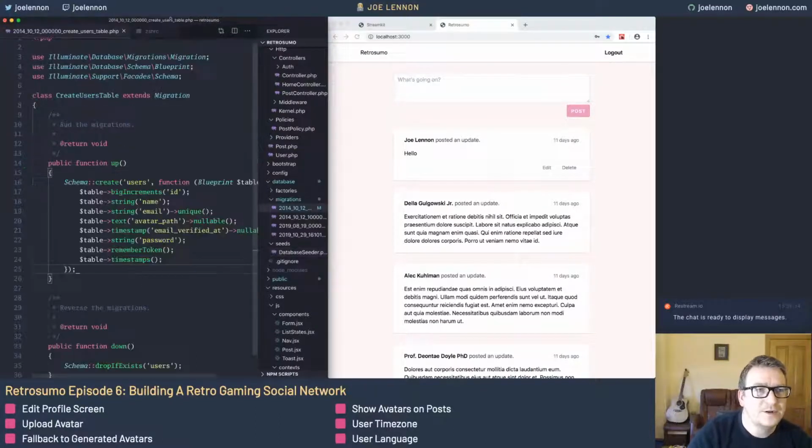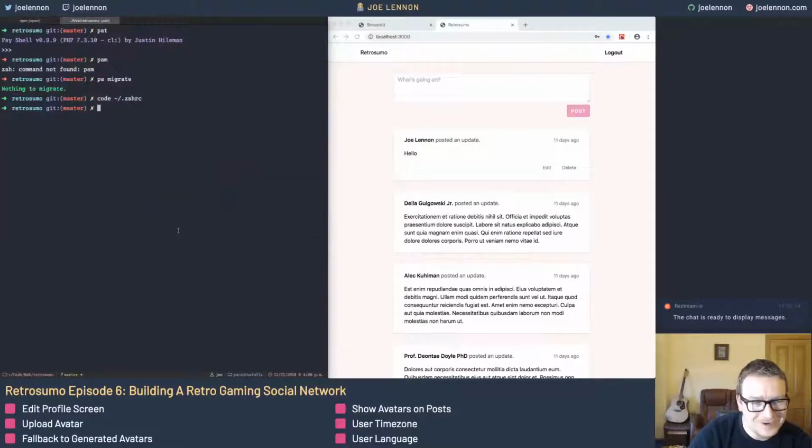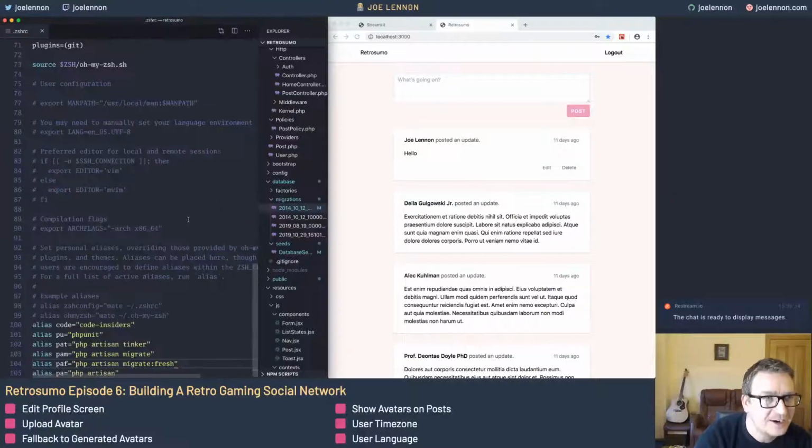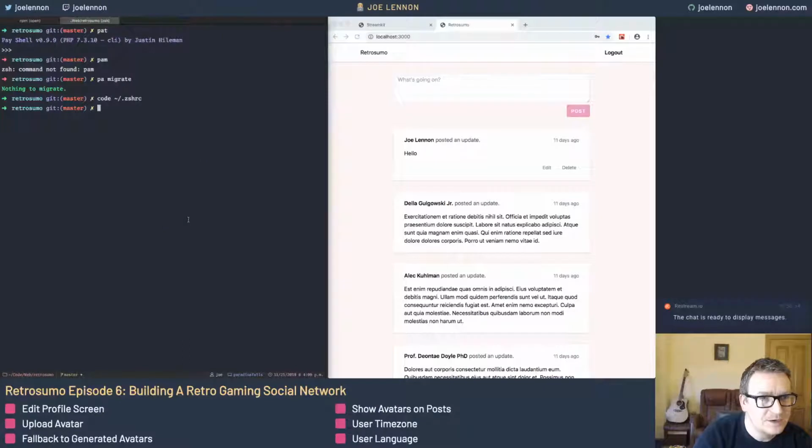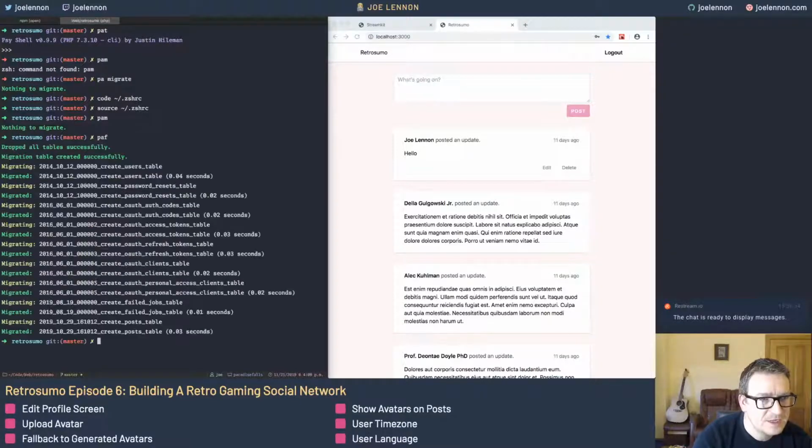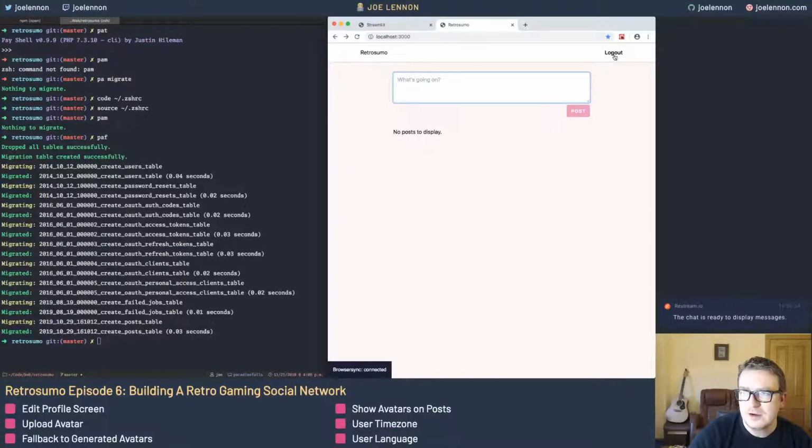Nope, I'm not going to do it. I'm going to just create the user as and when I need it for now, and we'll come back and change that later. So what I need to do here is, if I reload my ZS-HRC file, I can now say PHP Artisan Migrate, which will migrate new migrations, or I can say PAF, which will basically drop all tables and rebuild the database. Now the problem with that is, when I come in here now,